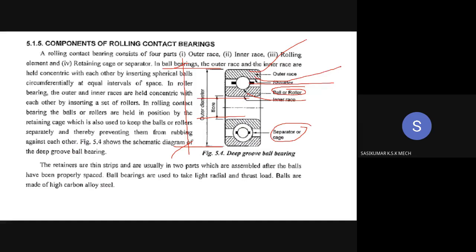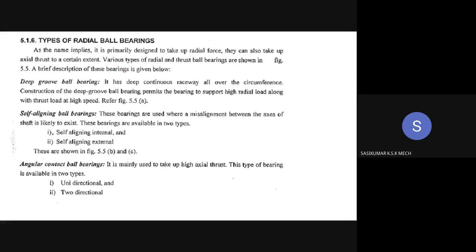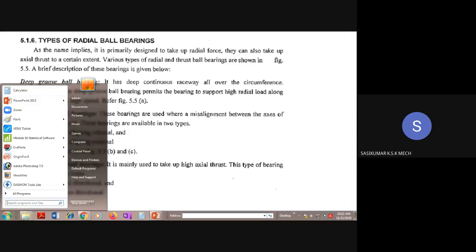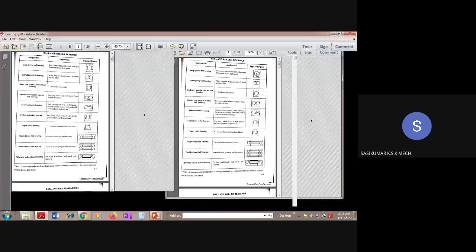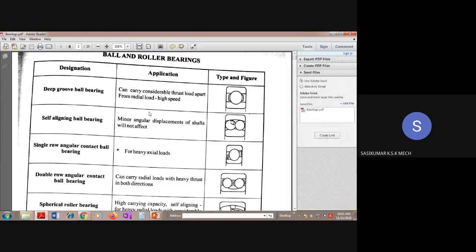Okay, let us continue. So I think in your WhatsApp group you have received that PPT or fifth unit PPT. So from that only I am taking. So you can refer that also. Okay, and depending upon the various nature, it is once again classified. So to have this complete classification, I have shared the data book page starting from 4.1. So this you can see. I think you are able to see the screen. So this is the classification. This is available in the data book itself from the page number 4.1.